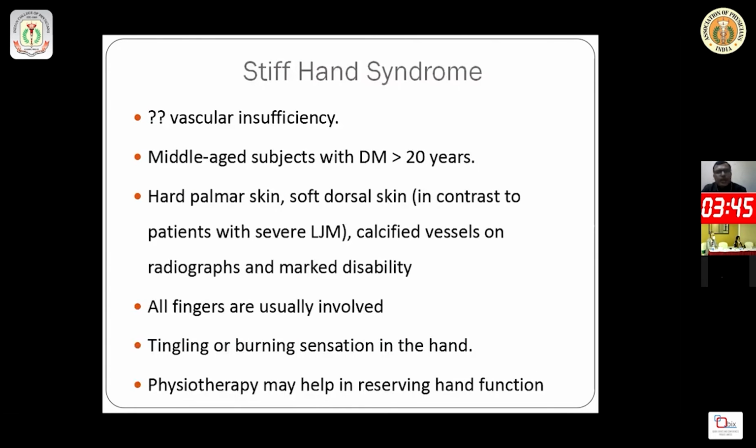Stiff hand syndrome is probably due to vascular insufficiency, occurs usually in middle-aged people with diabetes of more than 20 years duration, wherein we have hard palmar skin, soft dorsal skin, calcified vessels on radiographs, and marked disabilities occur. All fingers are usually involved. It clinically presents with tingling or burning sensation of the hand, very difficult to manage, and physiotherapy might help in preserving the hand function,